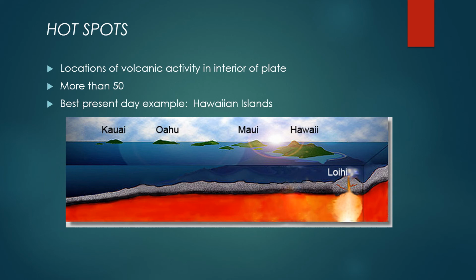So you have this oceanic plate, right? And you have magma rising continuously up. As it rises, it creates a little island, but the plate is moving this way. Does that make sense? So this island moves away, and then a new island is formed, a new island is formed, a new island is formed. So this is why you have this chain of islands, beautiful islands, in Hawaii, because this is a hot spot